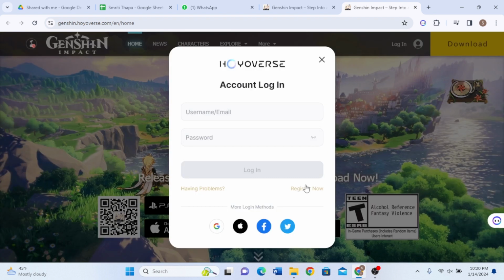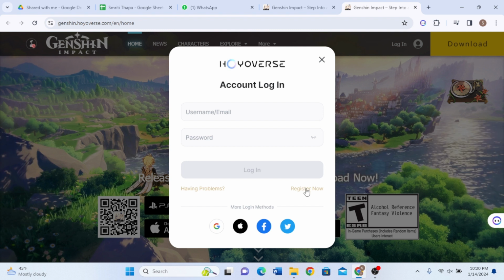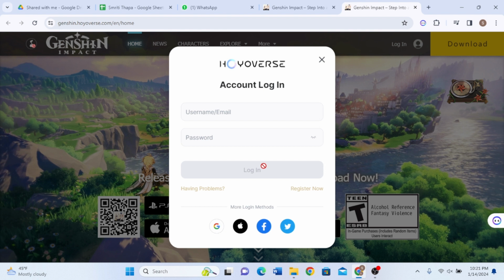You simply have to click on this option, but if you already have an account, you can simply fill in this option and click on the login option right over here. So click on this register now,